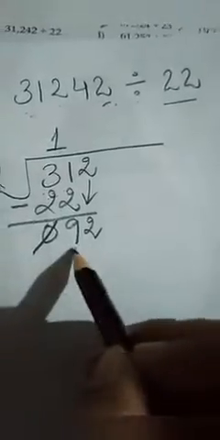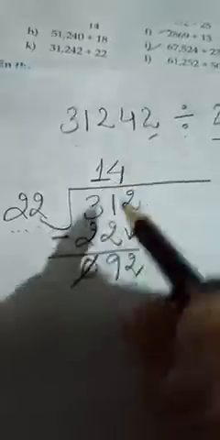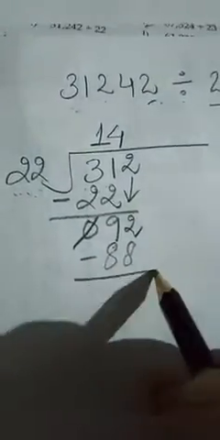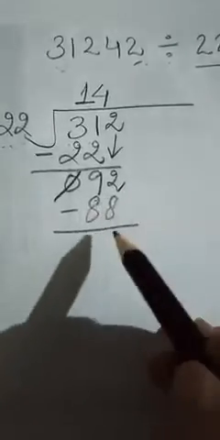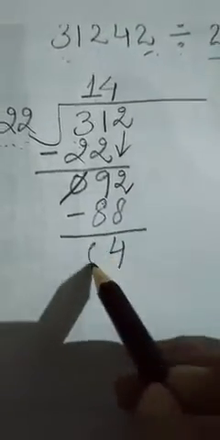We got 92. Now we will observe again the table, that what can be written under 92. We have to do subtraction, so the number must be less than 92, and that is 88, because the larger numbers cannot be subtracted from 92, so we will take one number before that, and that is 88. Now 22 fours the 88. We will get subtraction here. Here we will get 4 and here 0.